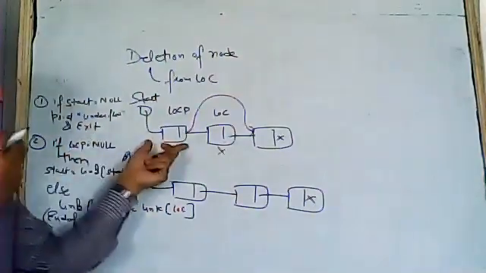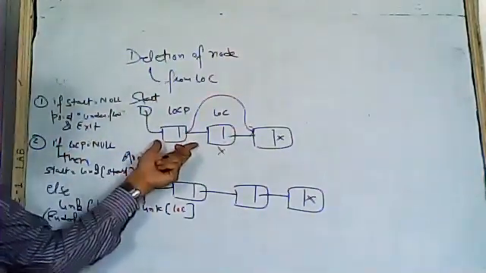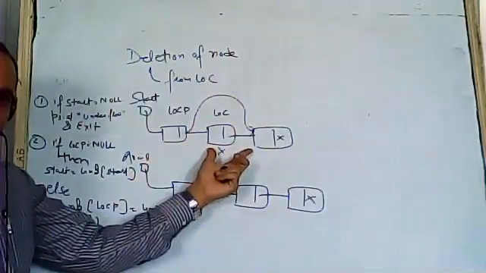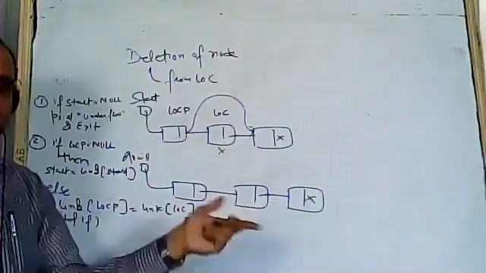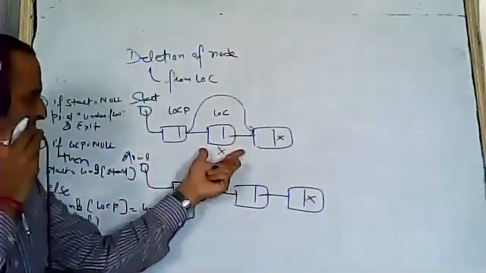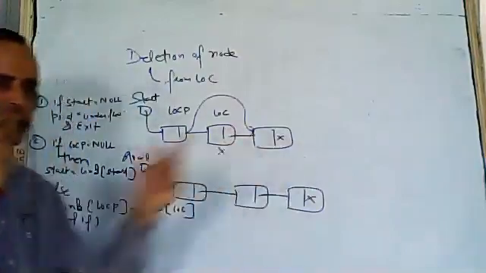If log p is null, I have taken both cases. If there is no node here, the first node you are going to delete, and the first node we have already seen, start is equal to link of start. We saw this in the previous algo also. Your start was this, now this will be start, link of start.